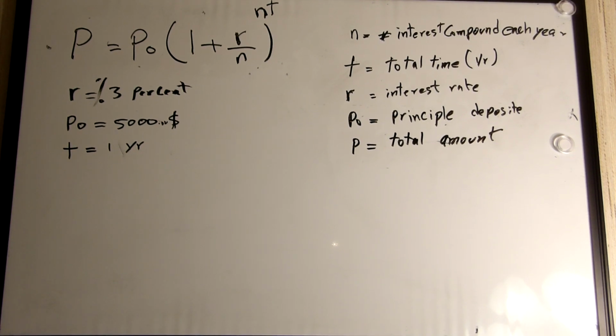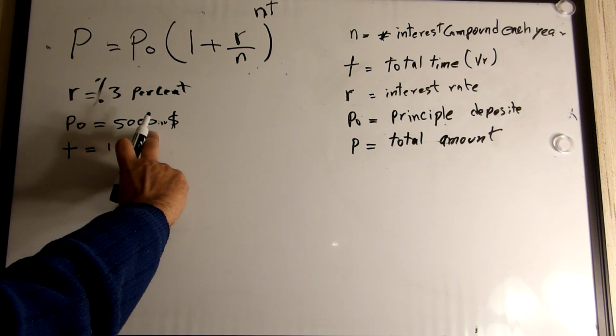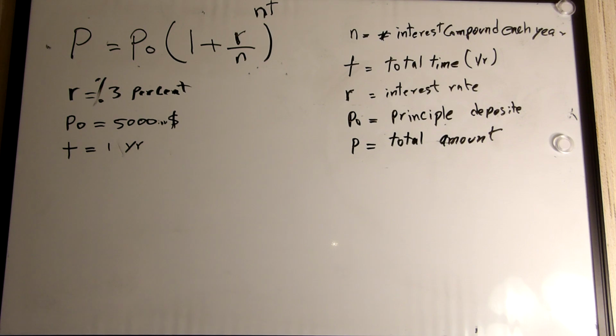In this video we're going to talk about compound interest. If you have some money in the bank, at the end of the year you will get some interest. You put some money in the bank, and they say 3% interest. Say you put 5,000 for 1 year. At the end of the year,